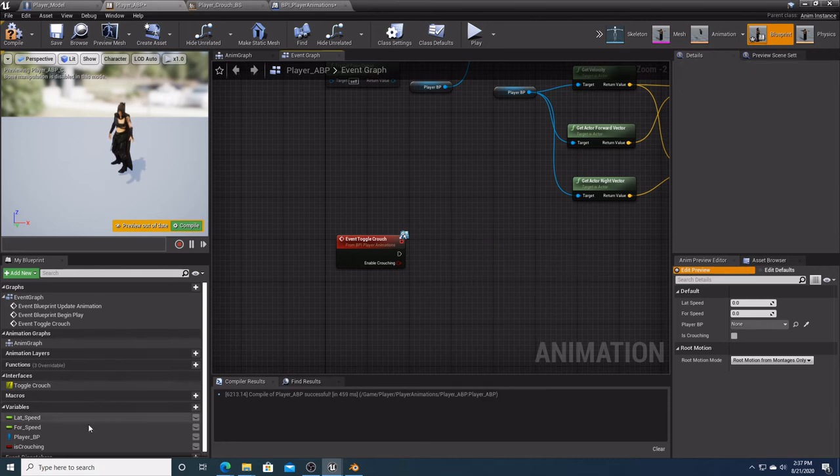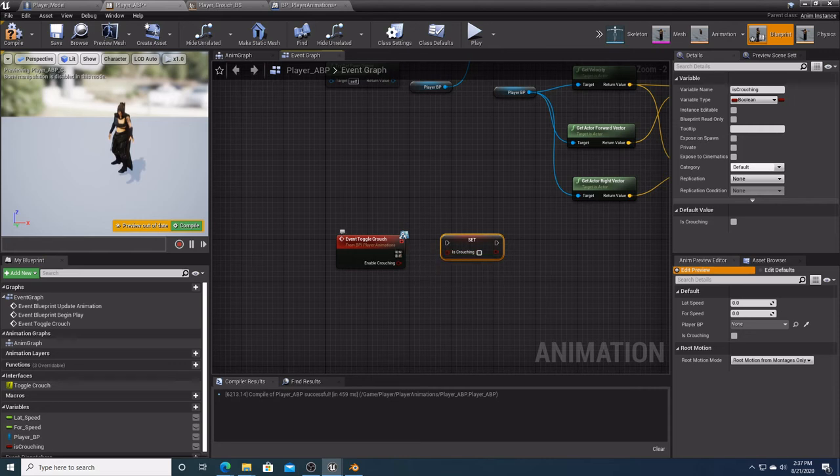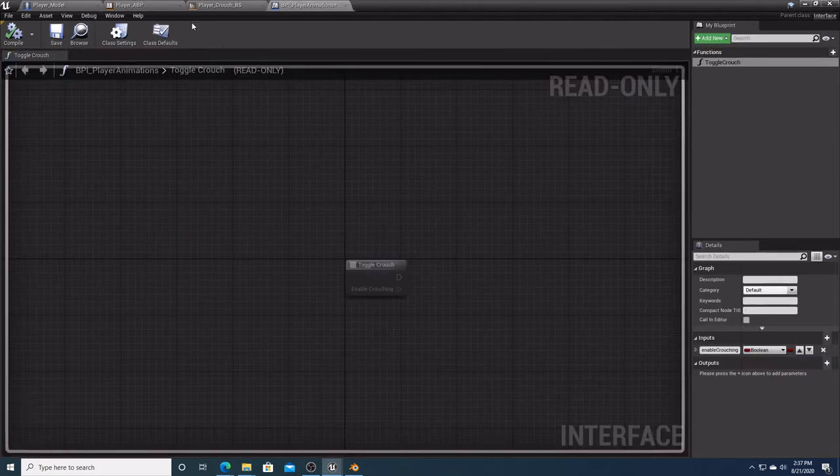We don't want it that way. We wanted to set it. So we're gonna set that there, and that way the event will be able to enable the crouching into our bool. Hit compile, hit save,